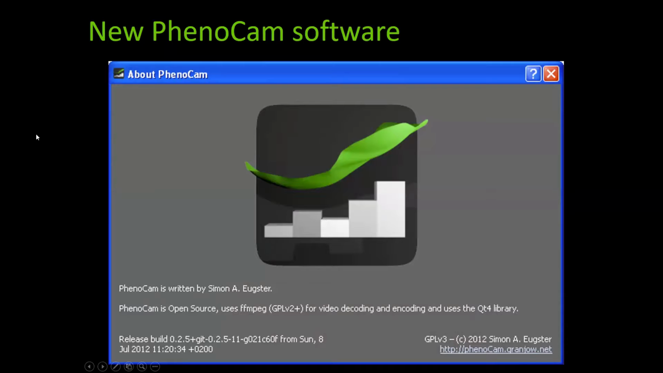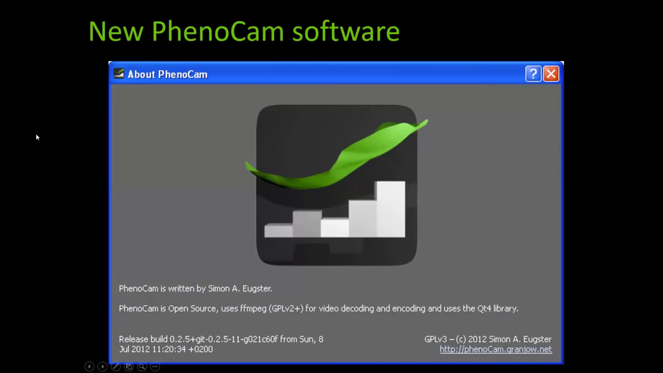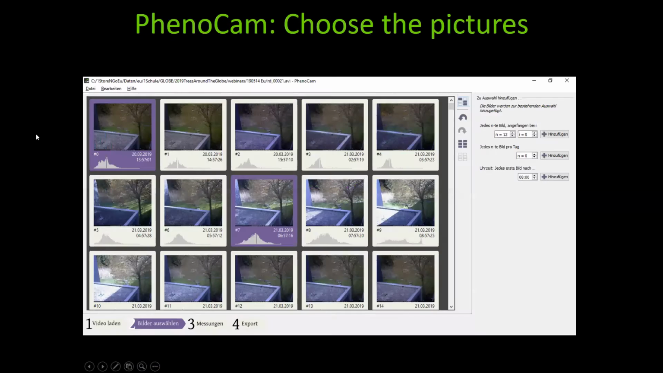We needed a software to make our time-lapse videos. At that time, my son was a student, and he has been writing a new software for this camera. You can download the software. I will give the link at the end again. At first, you choose the pictures